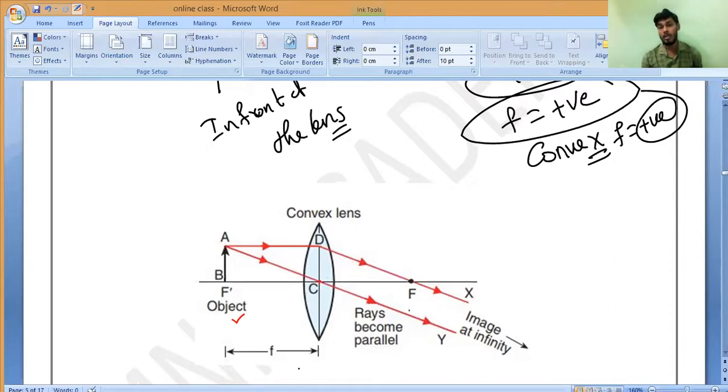So here you have to remember, rays become parallel, like our battery. If you keep the light, the light rays will go to a very, very long distance and the size keeps on increasing. You may observe that the light rays coming from the battery keep on increasing. The same way here. So the light rays become parallel. You must show the parallel beam of light here, so that the image will form somewhere very, very bigger. That is why we can say highly magnified image.